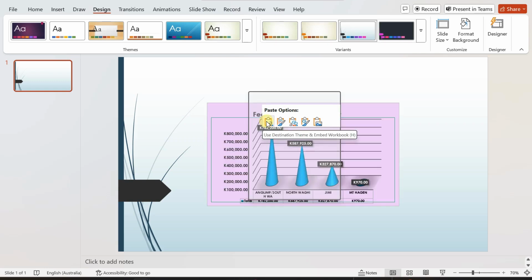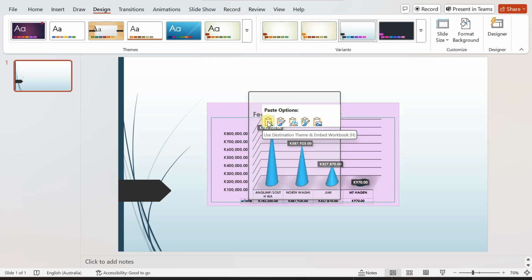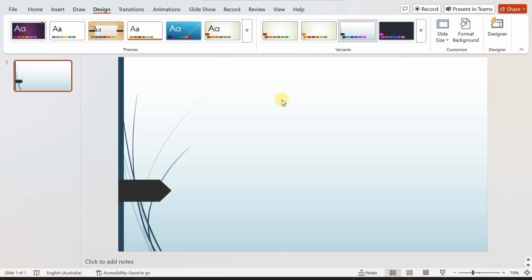First, it says use destination theme and embed workbook. What it means is that when you insert it here, it comes in as an Excel file, and it inherits the destination theme,